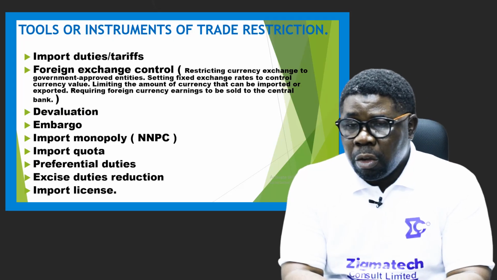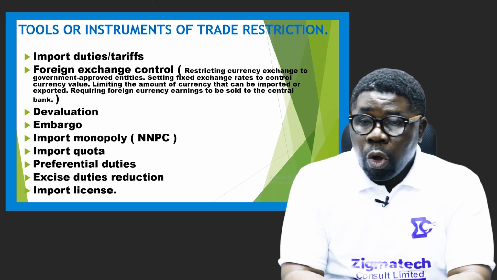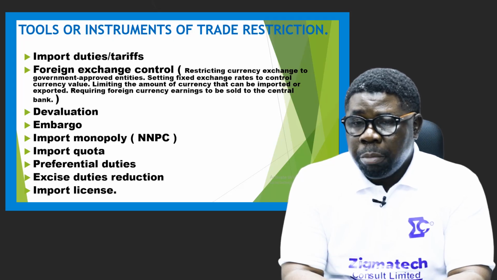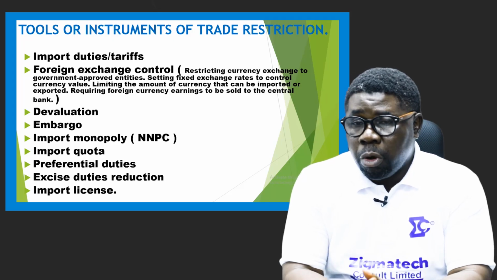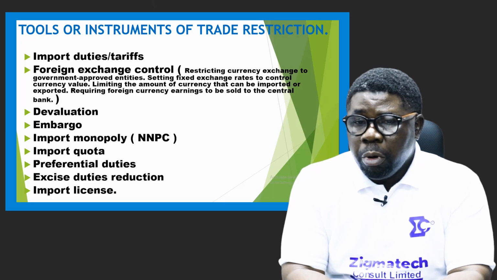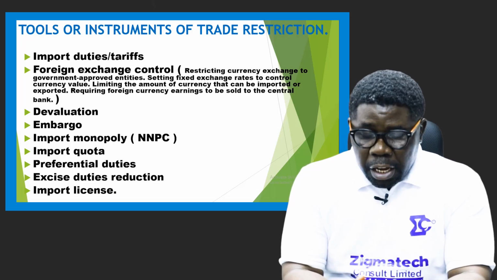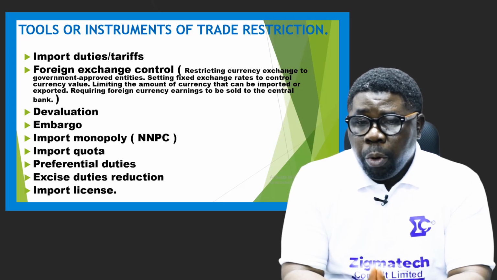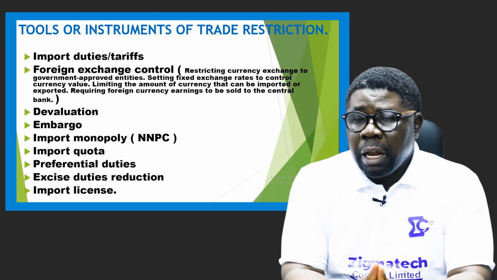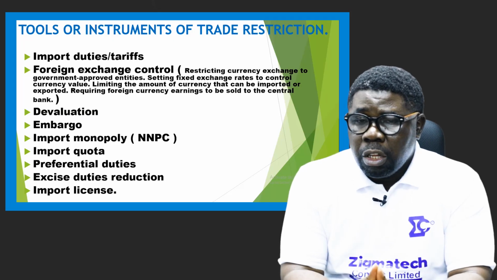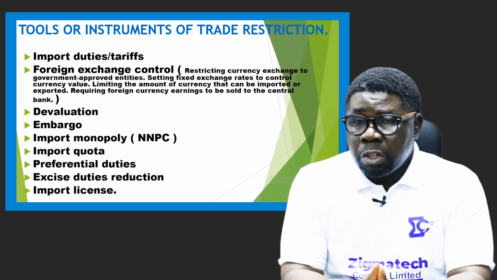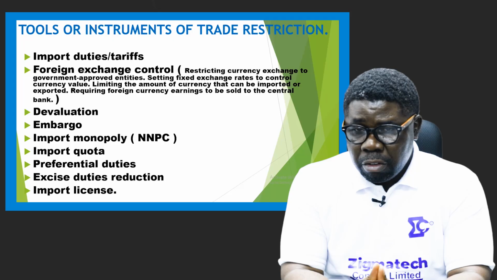And that's it. I think also to explore oil directly from source, all right? So that's what NNPC is allowed to. So that's what we call import monopoly. Then import quota as well is another tool that is used by the government to restrict trade. That is, a proportion of import will be allowed or allotted to an importer or for a particular product. When that quota is exhausted, such a trade in such a product will be stopped until the next business